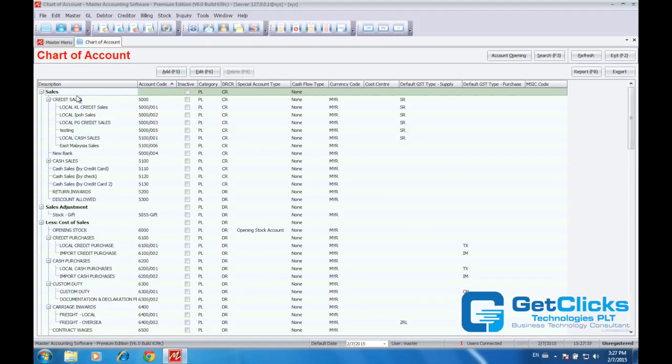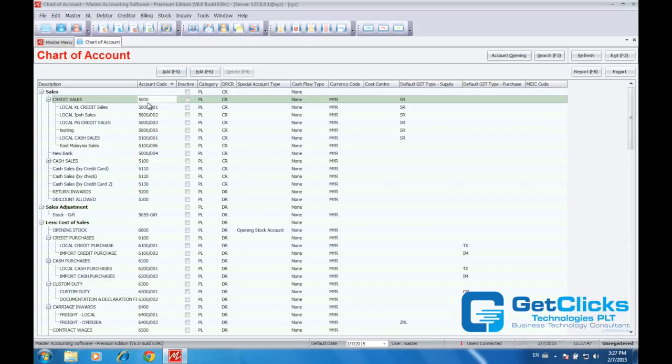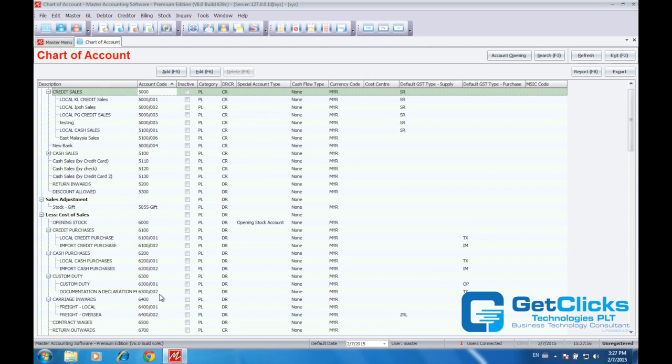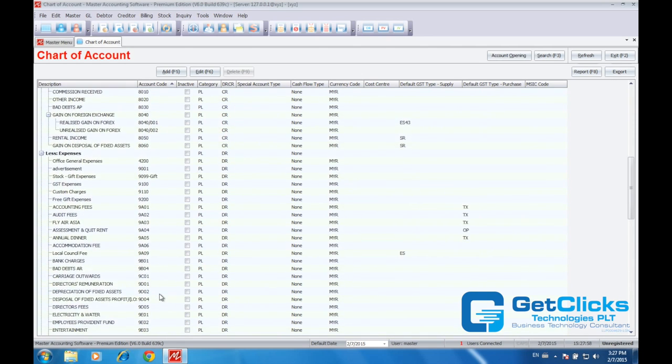It's just a parent umbrella to store all the rest of your accounts, so they cannot be deleted. And also, if your account code is already in use by a certain transaction, it also cannot be deleted. Otherwise, you can delete any account code that you do not want. For example,